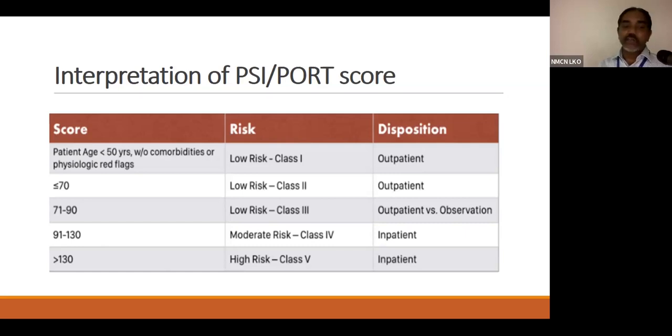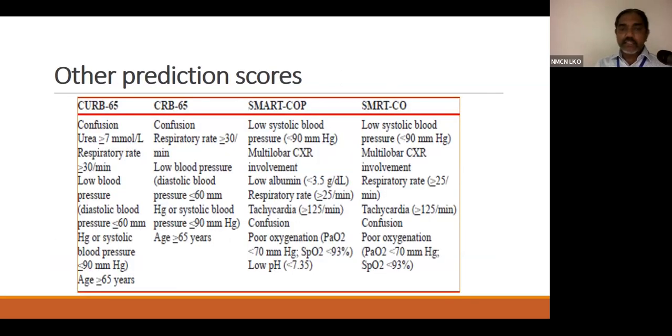A score of 71 to 90 can be managed as outpatient versus a small period of observation in the ER. Patients with a score between 90 to 130 or more than 130 have to be admitted. And these are some other scoring systems, SMART-COP and SMRT-CO, which have similar performance to CURB-65 and